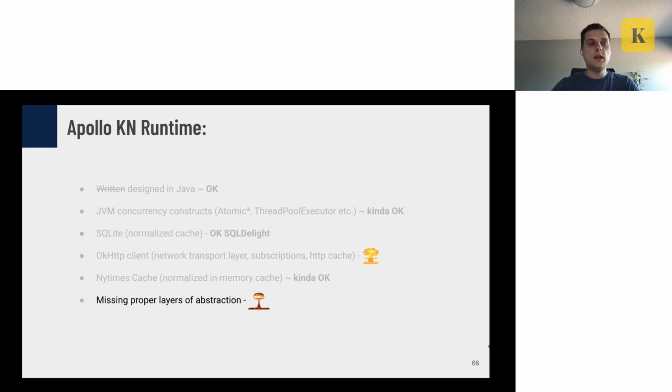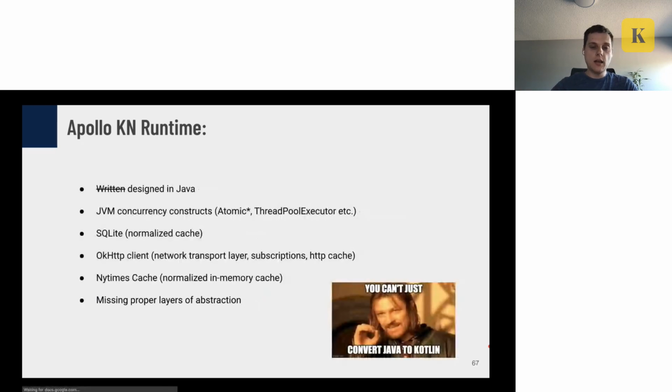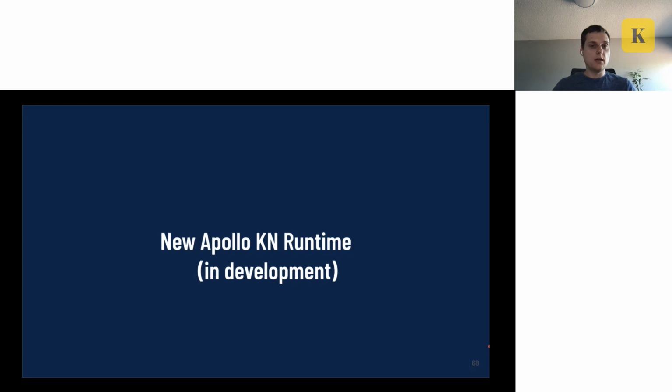So without that, we can't just convert the Java classes to Kotlin, shuffle around the proper folders, and magically have it work in the Kotlin native environment. So after the assessment, we decided to leave the existing JVM runtime as is right now,